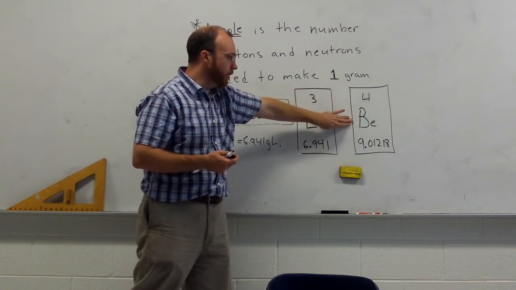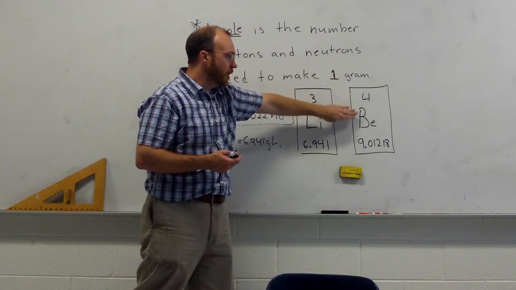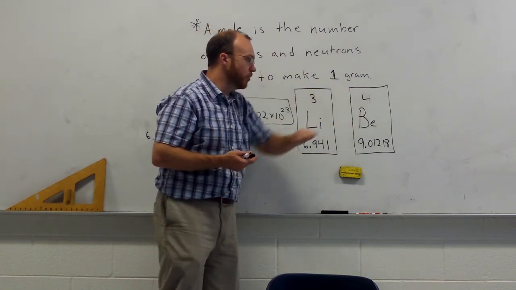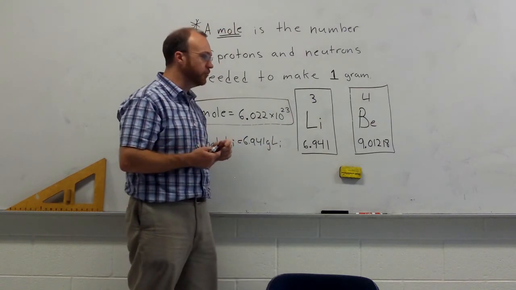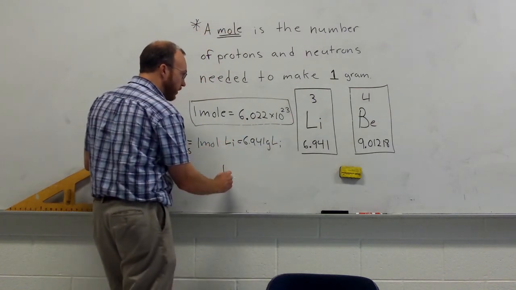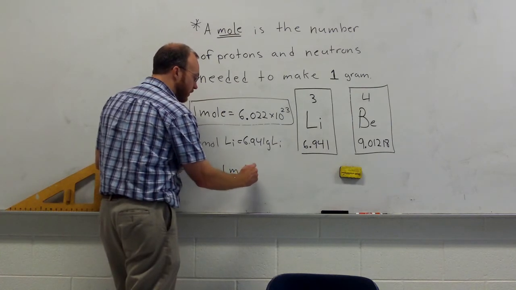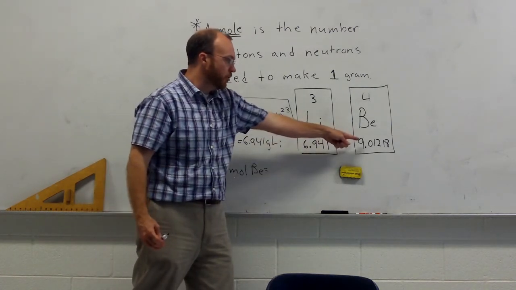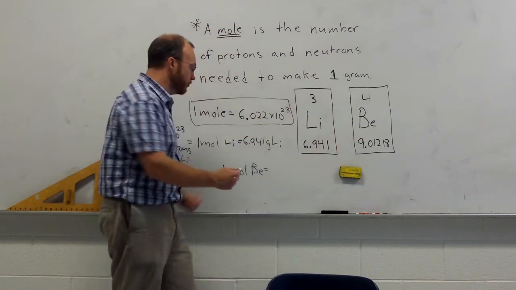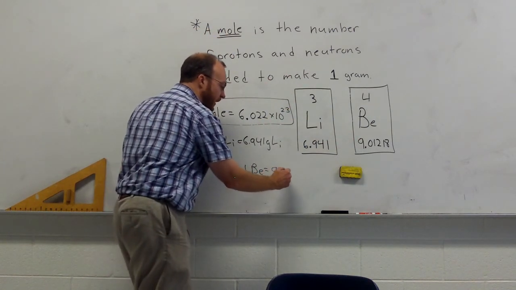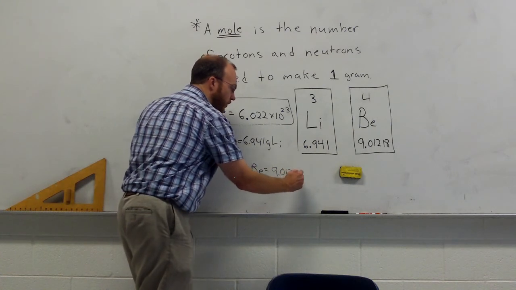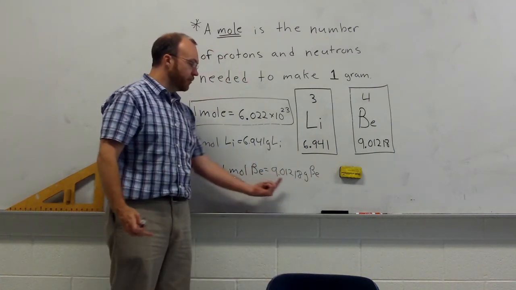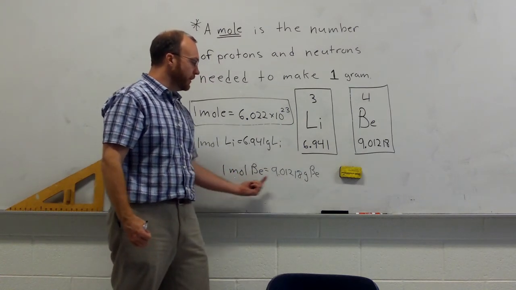Every beryllium atom has 4 protons. On average, loosely speaking, a beryllium atom has 9.01218 protons and neutrons. So let's say that I have a mole of beryllium. Well, that means I have 9.01218 moles of protons and neutrons, which means it has a mass of 9.01218 grams of beryllium. I now have a relationship that will allow me to take something that I